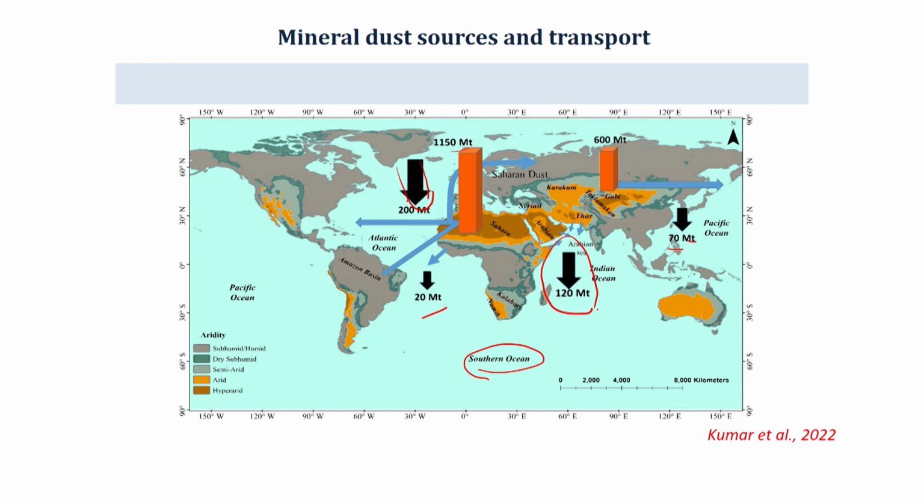That is very huge. And then Saharan dust is a major source, and it can be transported from here to these places as well. 600 million tons of dust is emitted, and then part of this is deposited and transported